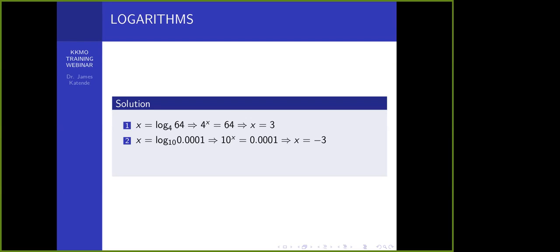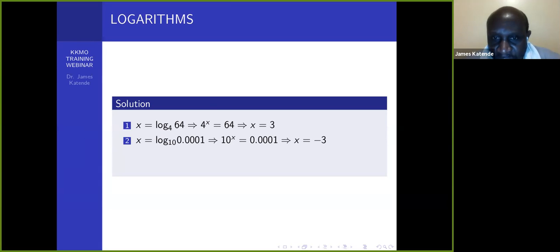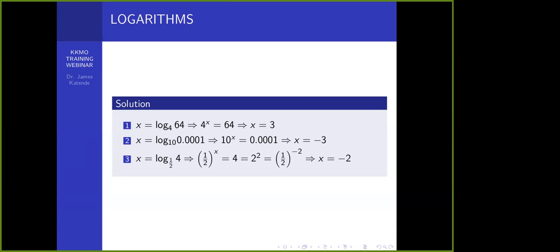Wait, wouldn't that be negative 4? Oh, actually, you're right, negative 4. You'd have to go, yes, negative 4. That's a mistake. I think I added an extra 0 when I was typing. I see, it's okay. I'll correct that